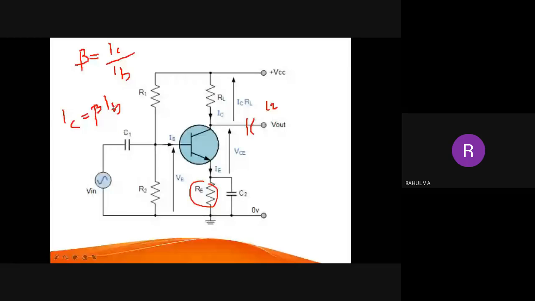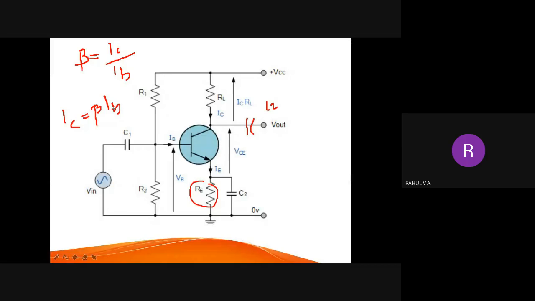There will still be some doubts, but you need not think so deeply now. No need to think that much deep into the topic. Just think overall whether you understood the circuit. Is it possible to define an amplifier? Yes, it is possible for you to define an amplifier. Is it possible for you to draw the circuit and mark C1, C2, CE, R1, R2, RE, RL, Vin, Vout, etc.? Yes, that is possible.